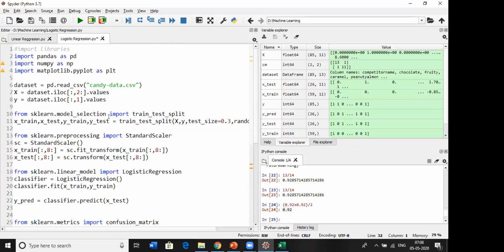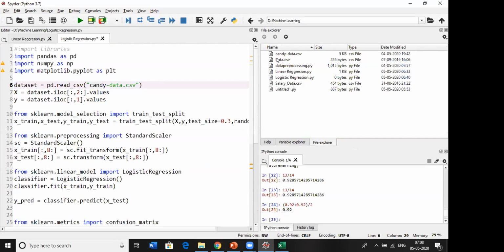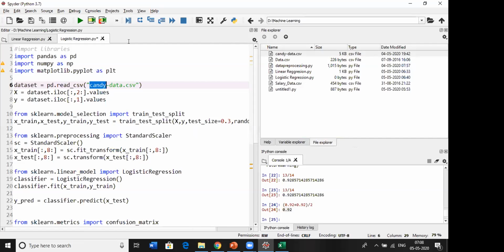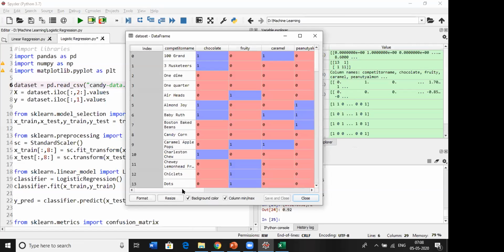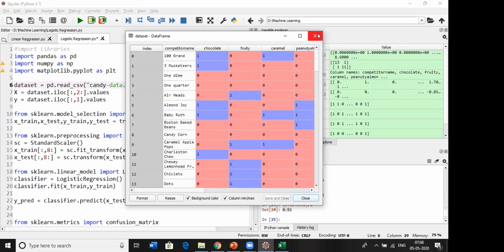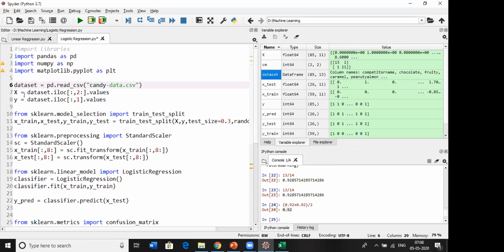I will repeat that. First, what we did, we imported the libraries needed, and we got the data set, and we read the data, CSV. This is our data file, and we got the data set. This is our data set here. So it has 13 columns,